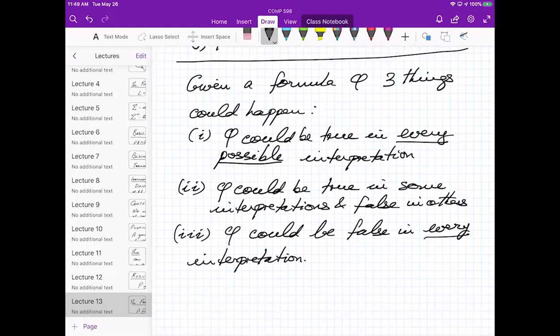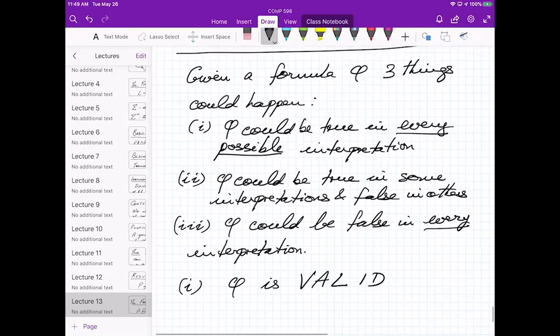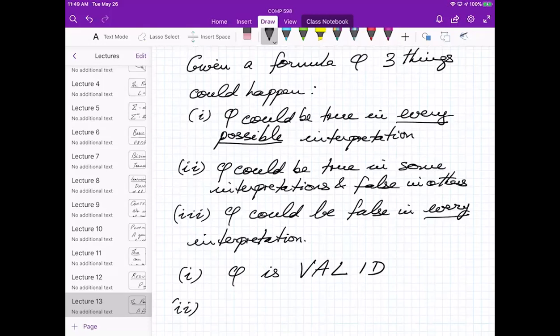Okay, good. So if one holds, we'll say phi is valid. Unlike in propositional calculus, where the only concept is true or false, in situation 2, we'll say phi is satisfiable.